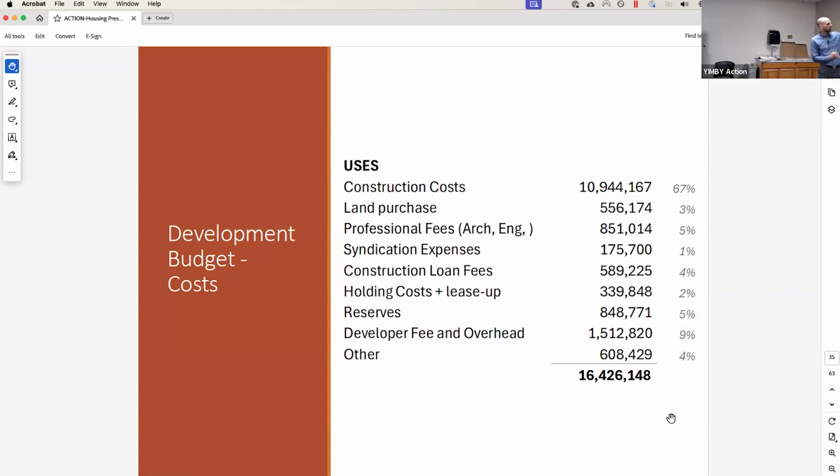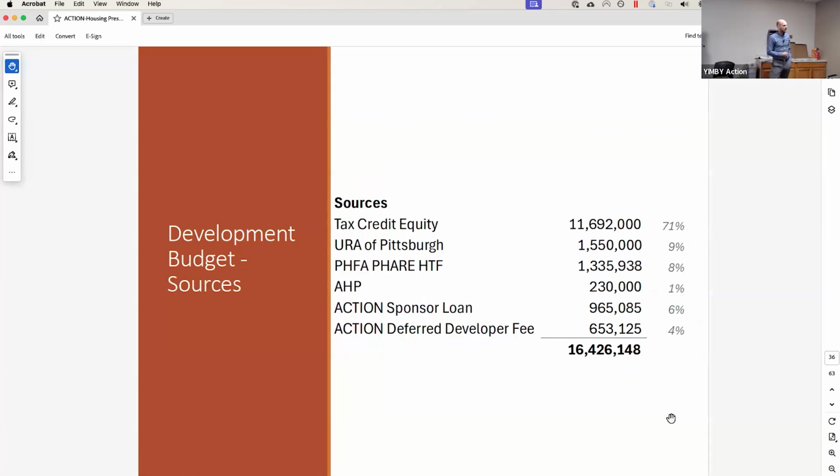The developer fee and overhead is what we get paid for doing this. In this case, it was about a 7-year project from beginning to end, most of it in about a 3-year period. And then there's other miscellaneous items. I'm going to mention that developer fee of 1.5, because as we go to the next slide, you'll see why that may not be quite so accurate. So this is